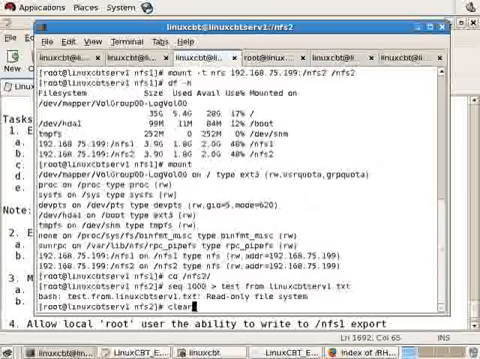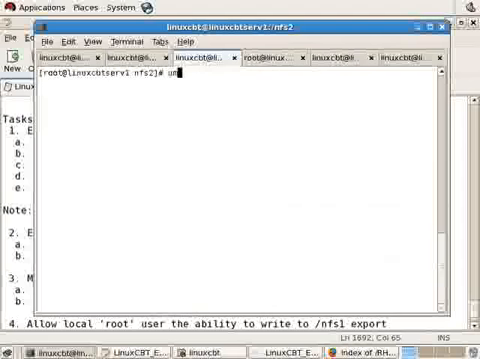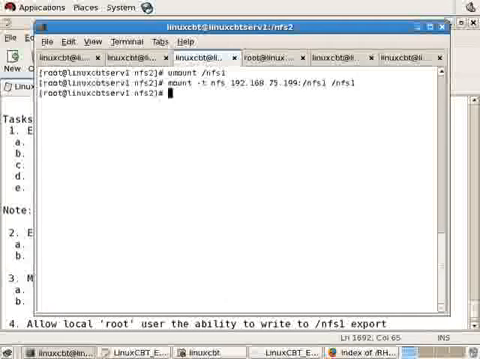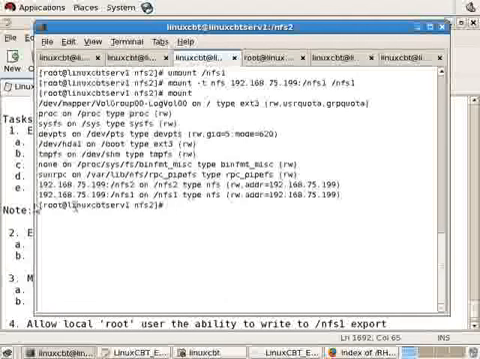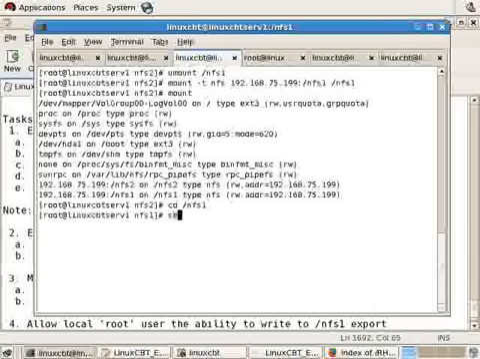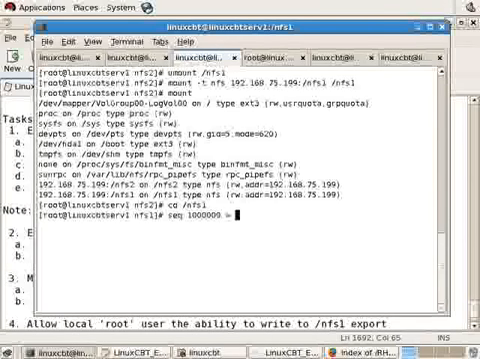So back to our client system. We can umount /NFS1 and then remount it. This mount will still reflect read-write in both cases. The big difference this time is that if we navigate to NFS1 and attempt to write a document, this time sequence 1,000,000 to test from Linux CBT serve1.txt, the file writes, and that's because we've